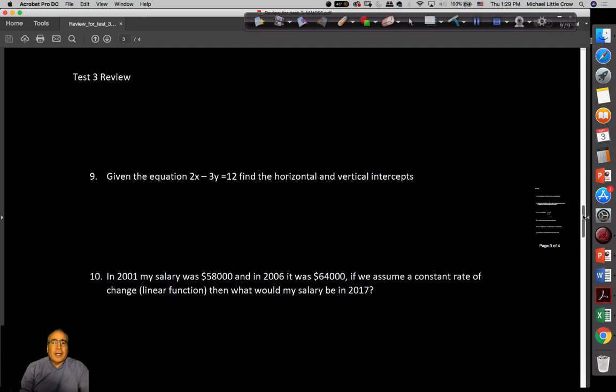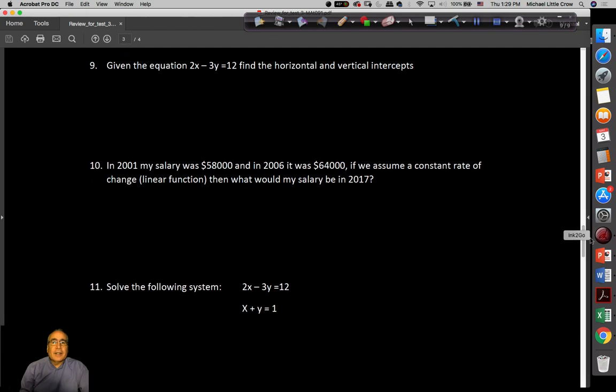Let's go on to 9. For this one, we're given an equation and we're asked to find simply the horizontal and vertical intercepts. Remember, the horizontal intercept has y equals 0. The vertical intercept has x equals 0. So, to find the horizontal intercept,